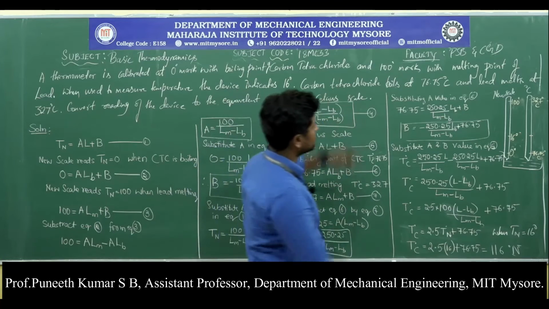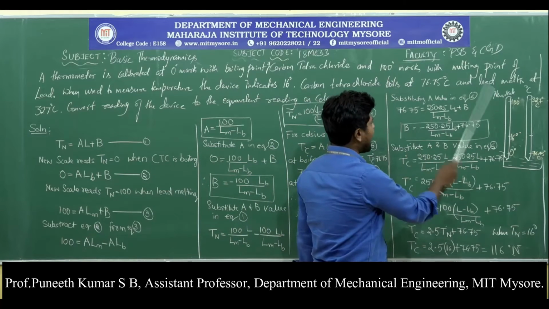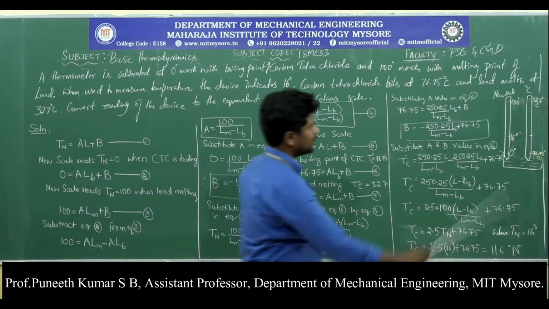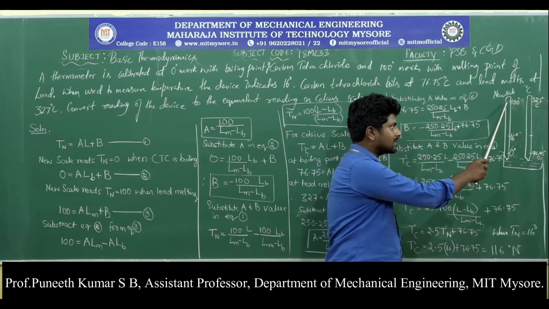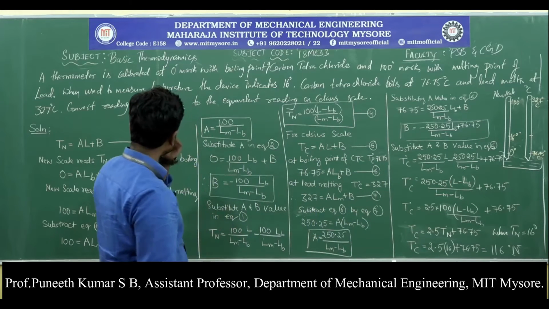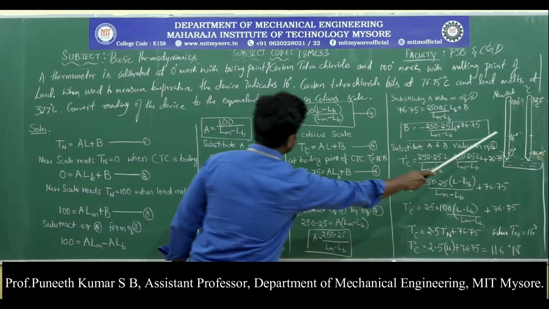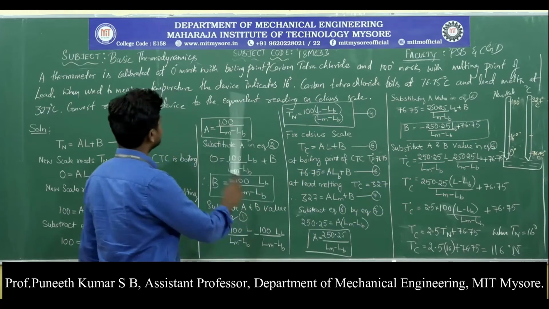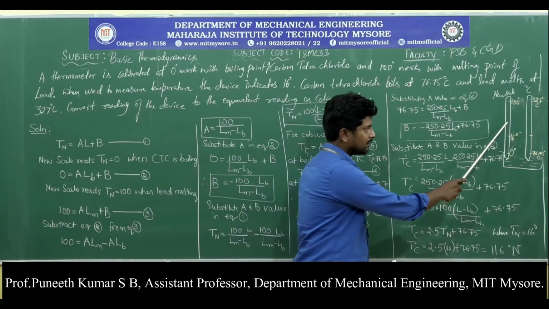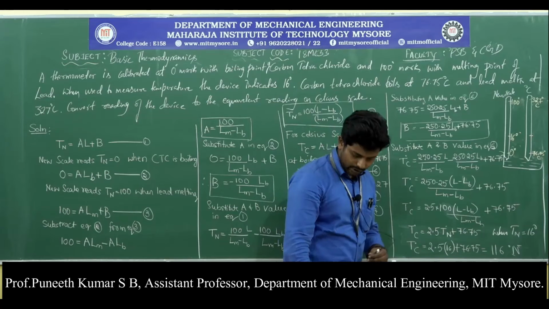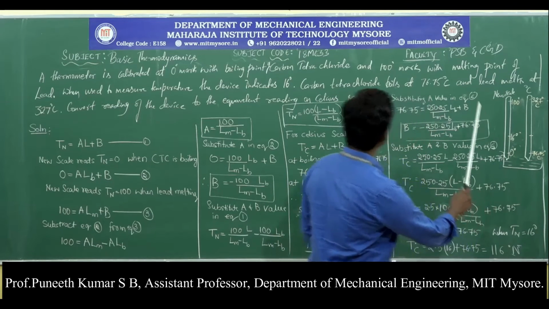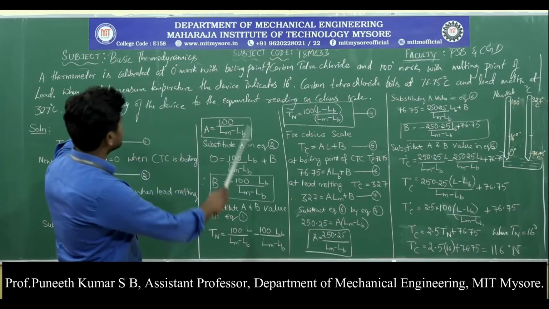Next, the same new scale thermometer has been marked as 100 degree at the melting of lead, that is, the temperature at which the lead melts has been marked as 100 degree. The next thing is, when this new thermometer is used to measure a body, it gives a reading of 16 degree. So now this thermometer is used to measure an object which is showing 16 degree. So what is the next thing?